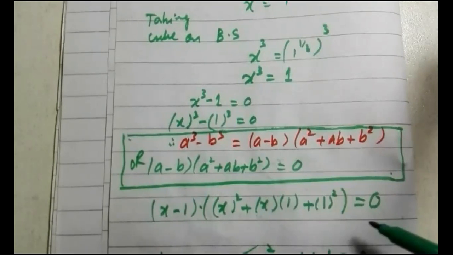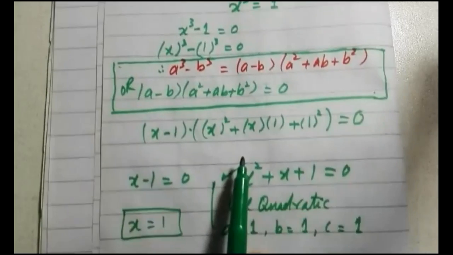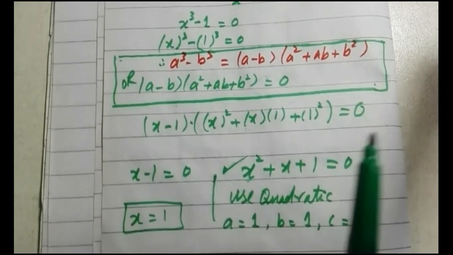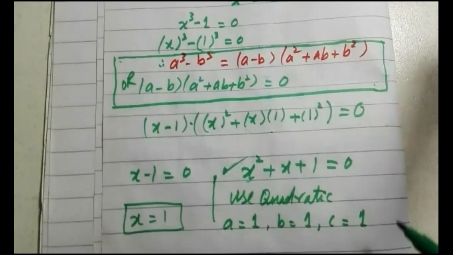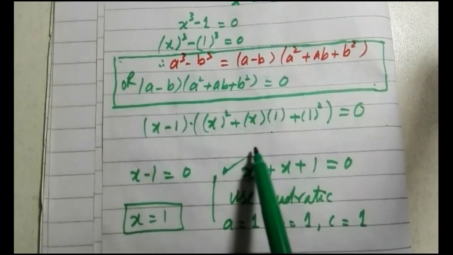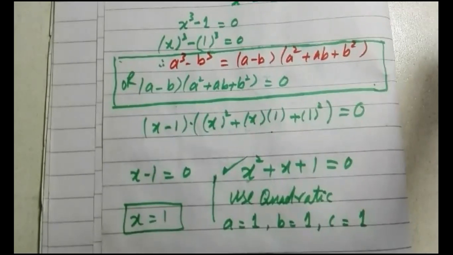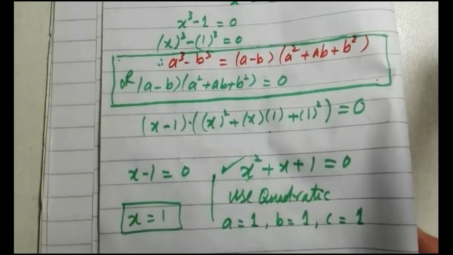Once this expression is obtained, because we need to find the values of x, that is the cube root of 1, for that purpose I will separate x − 1 = 0, and I will separate x² + x + 1, the second equation, which is in the form of a quadratic equation. I have gotten one value of x, but I will get two further values of x from here, because x is to the power 2. So what I am going to do is put it into the quadratic formula to find the values of x. I am going to do it on the next page.